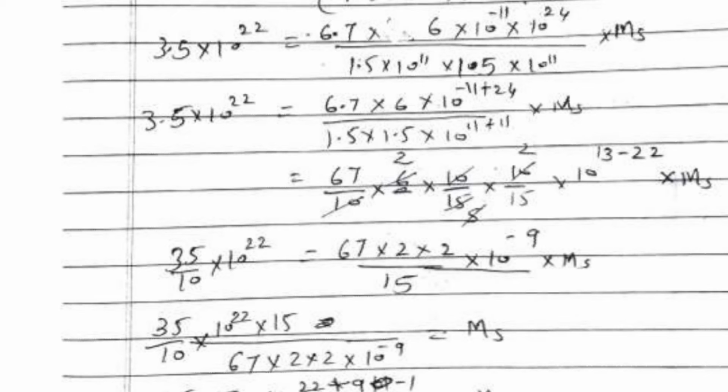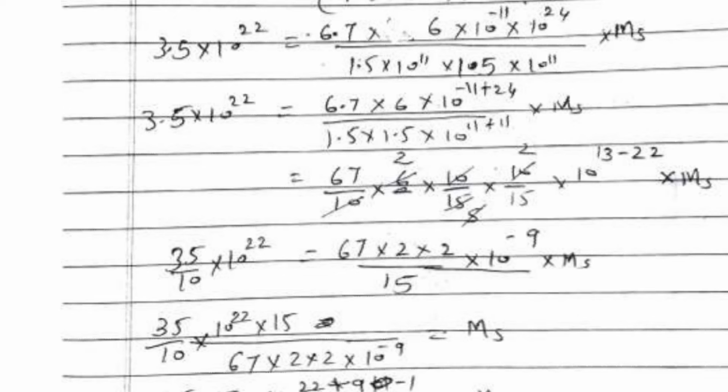Now here let us do possible cancellation. So we have 6 divided by 3 is 2 and 15 divided by 3 is 5. Now as I got 5 here, 5 ones are 5, 5 twos are 10. This 10 and this 10 got cancelled. Okay, so what is left in the numerator now? We have this 67, we have this 2 and we have this 2. So 67 into 2 into 2, and in the denominator one 15 has gone, here one 15 is left. So 15 into 10 raised to 19.